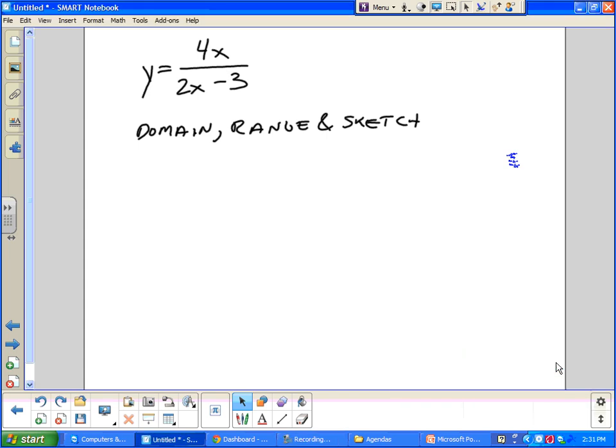All right, we're going to graph a rational function. All right, y equals 4x over 2x minus 3. There are two ways to do this. You either can identify the horizontal and the vertical asymptote from the rules, probably like you did last year, where